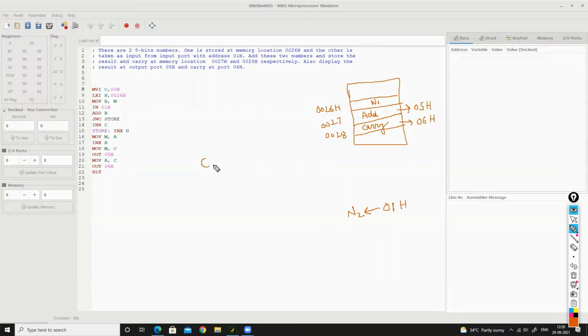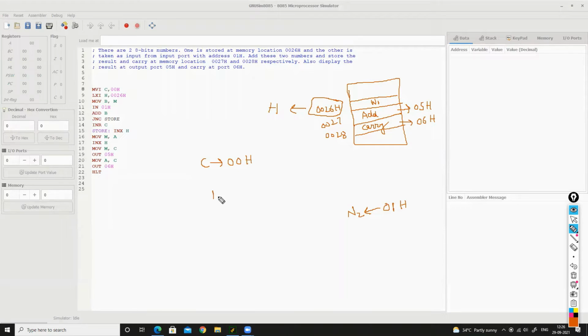So we will use a register C. In this register, we will initially place 00H. 00H means initially we will place 0 in this particular register. Okay. This particular address, this memory address, where we have stored our first number, we will load this address into HL register pair.